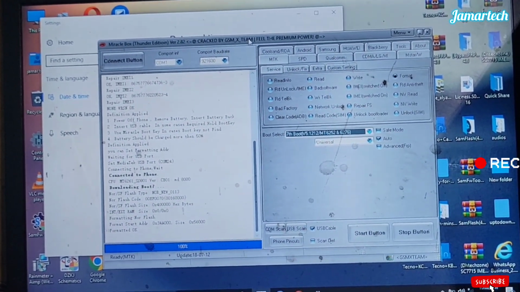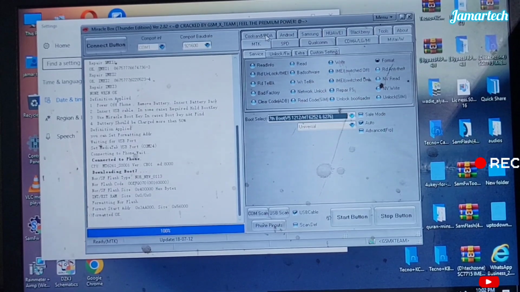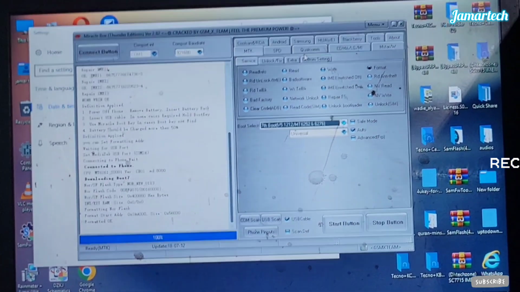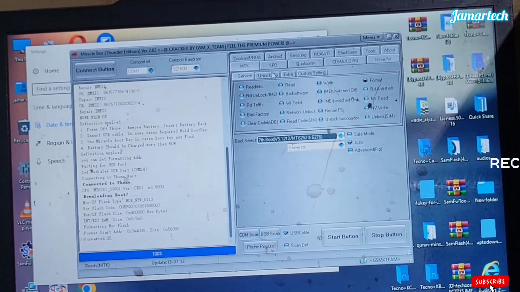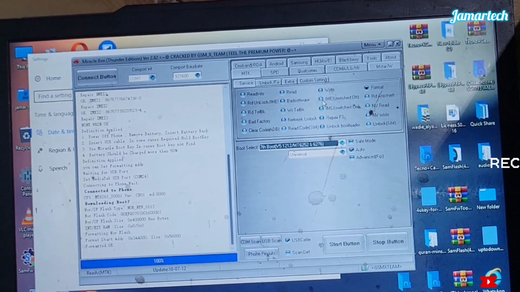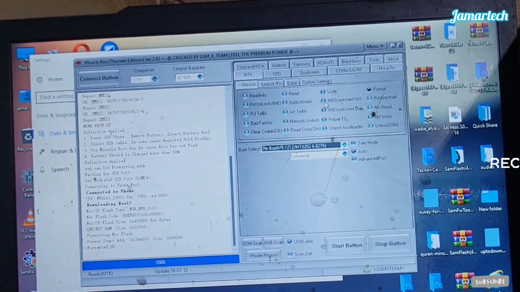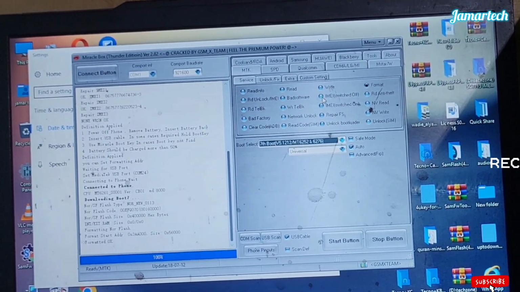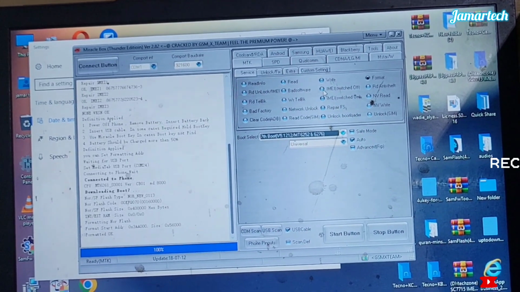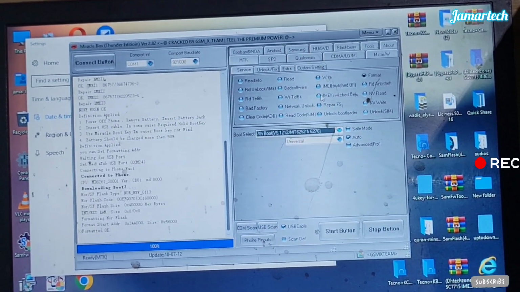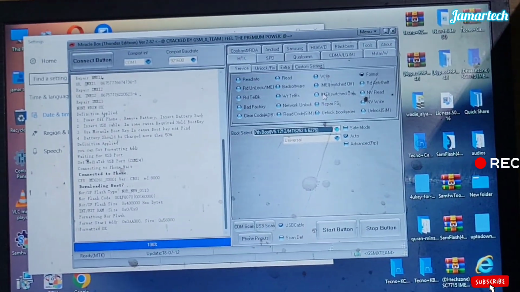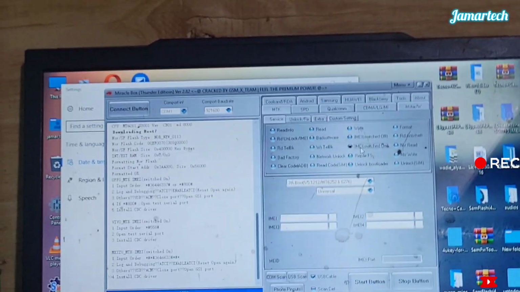This is a free tool. It's a crack, and it is free. You can download it yourself if you like it. So come here. Going to press Ctrl M on your computer. Ctrl M, and you come here on Imei switch